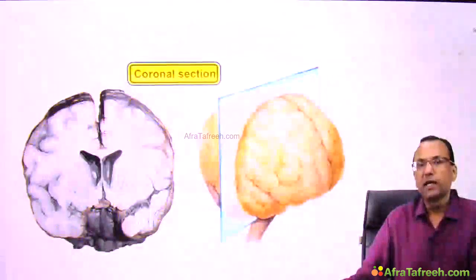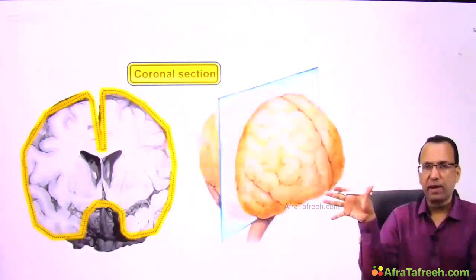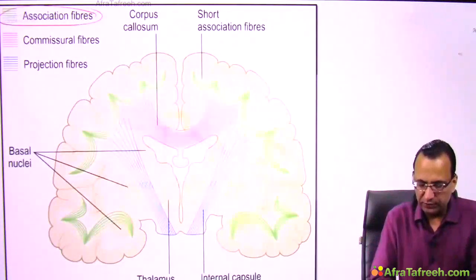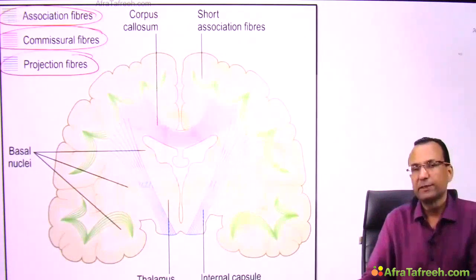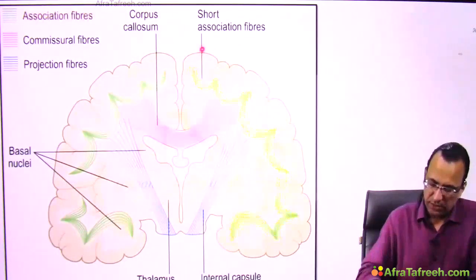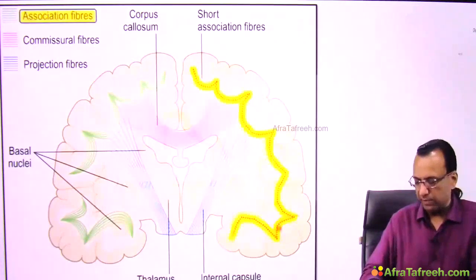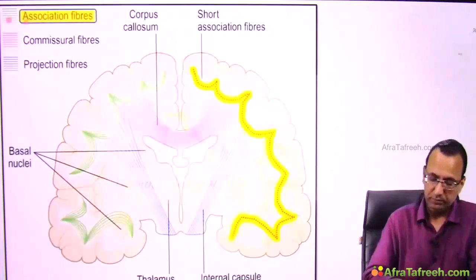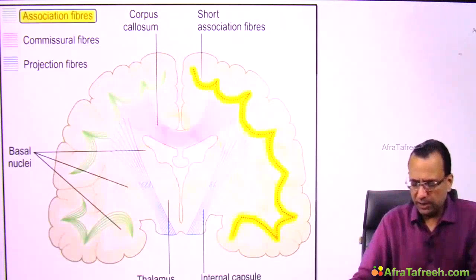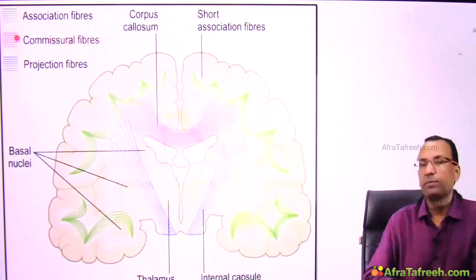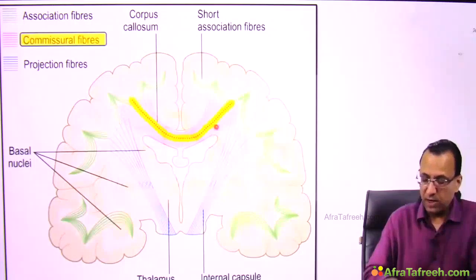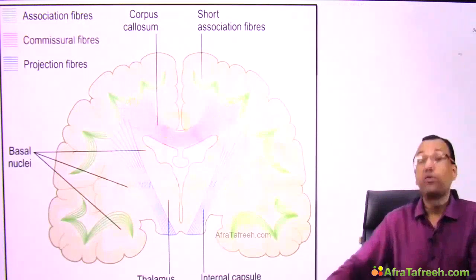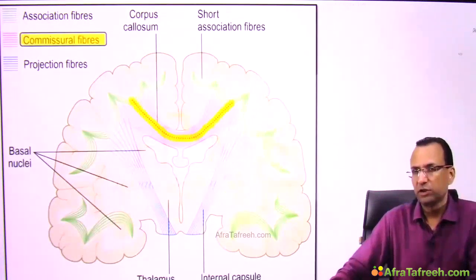We are looking at the coronal section of the brain once again, removing the front of the brain and looking at the coronal section front view. These are the three fibers that could be association fiber, commissure or projection fibers. If you are talking about the association fibers, they keep connecting the cerebrum on the same side of the midline, do not cross the midline. That was the question. Then what about the others? Others, I have commissure fibers like corpus callosum, which is crossing the midline and connecting the right side of the brain with the left side of the brain, like that forceps major was our answer, commissure fibers.